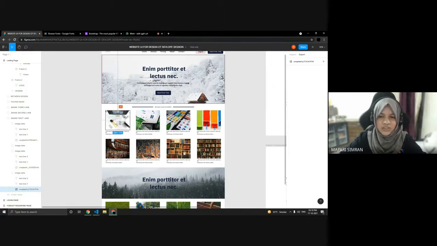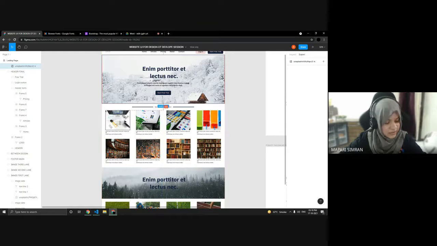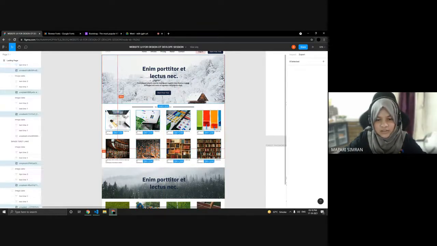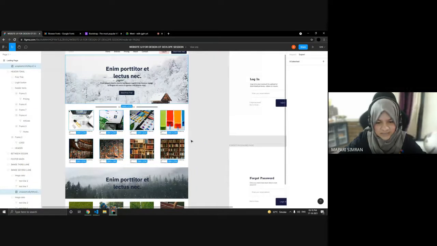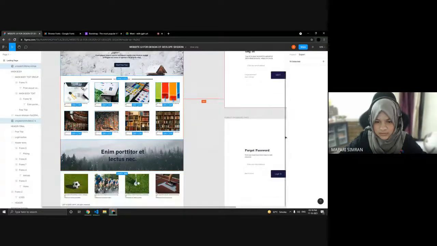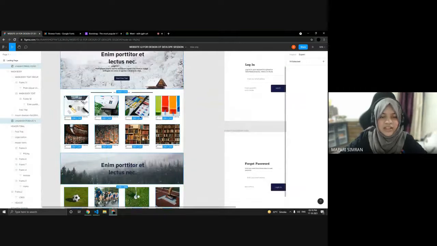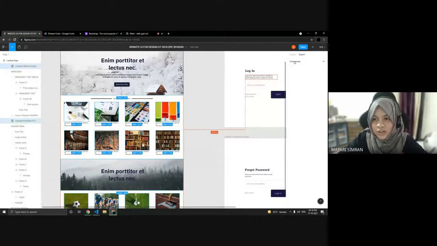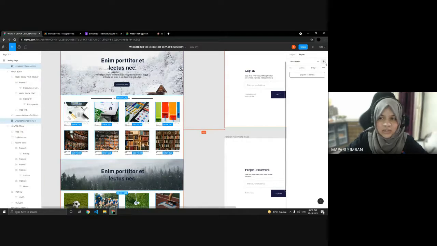What you have to do is select every photograph: press Shift and select each and every image, down here. Now I have selected all the images, and here you will see it's showing 14 selected. So there are 14 images which we have selected. Click the plus icon here and you can export these layers.